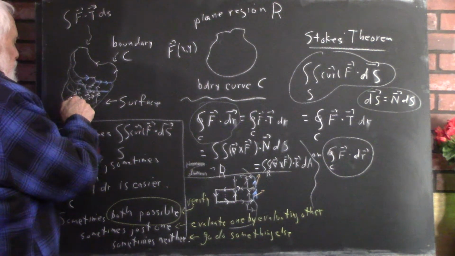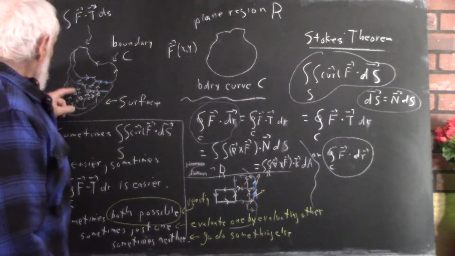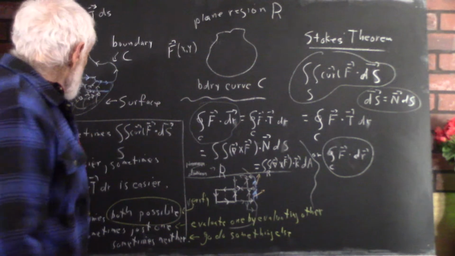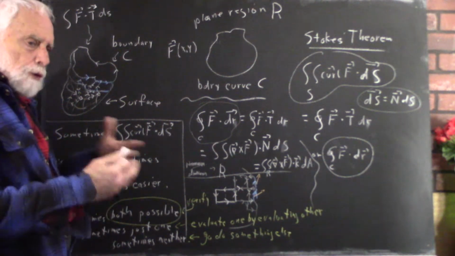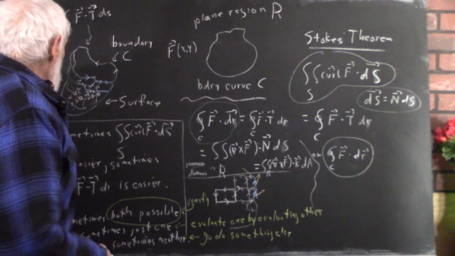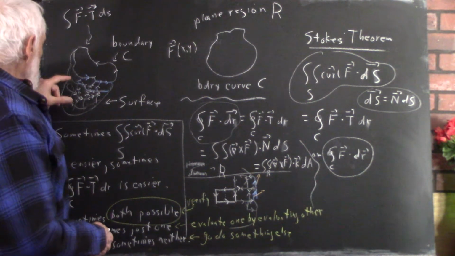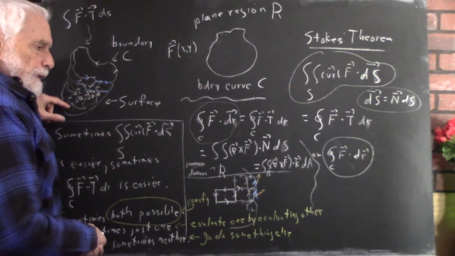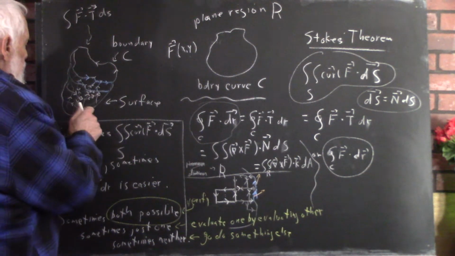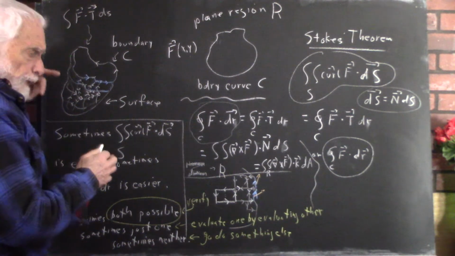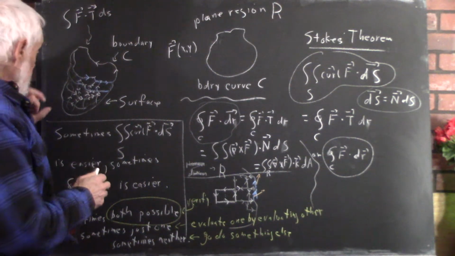Depending on your orientation, you're going to do the same thing here that you did on the little rectangles. And conceptually, at least intuitively, we can see how circulation around one rectangle is canceled by the circulation on the adjacent rectangles, okay? Just take this little rectangle, it's not a rectangle, but this little piece of area, and then